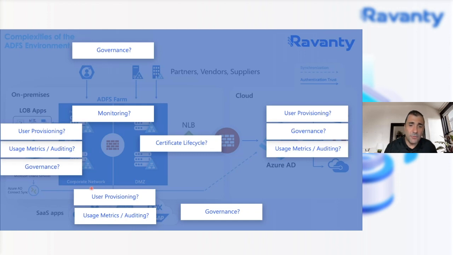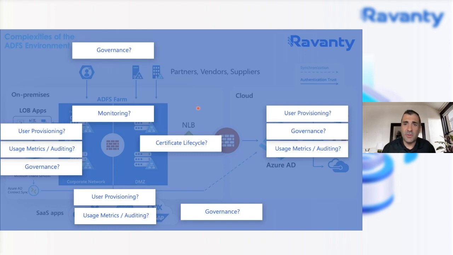So what we mean by that is if you look at your SaaS application, you have to manage your user provisioning, your metrics and auditing, your governance, all within the actual SaaS application separately. If you look at your line of business apps, you have to perform the same capabilities. You have to worry about the user provisioning. How am I going to provision users into those line of business applications? How am I going to control the auditing, the usage metrics? Who's using the applications? The governance, that's a big area. Identity governance is huge. You want to control who has access to what. You have to control all those directly within the actual applications themselves.